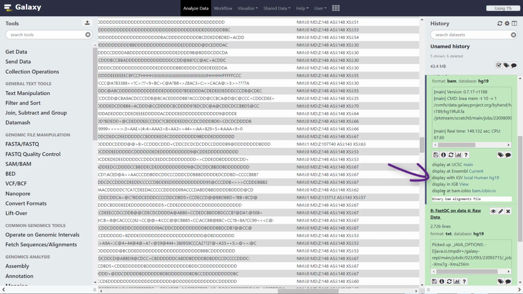One is the IGV viewer, and it is recommended to get familiar with it, but during the current practice session, we will stick to the UCSC Genome Browser, as you should already be familiar with it from a previous session. In addition, it is located totally on the web and doesn't require any local installation. So click on the link next to the display at UCSC main.